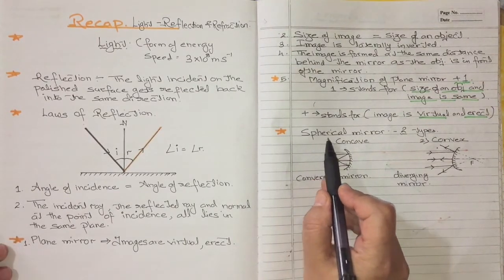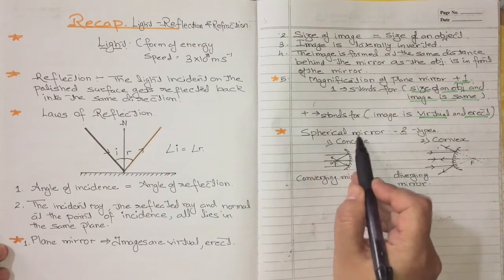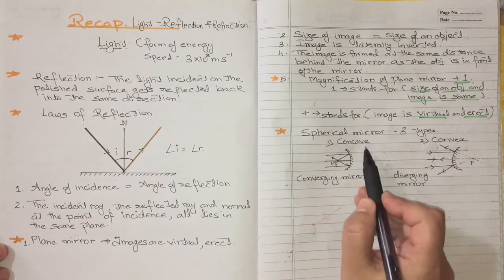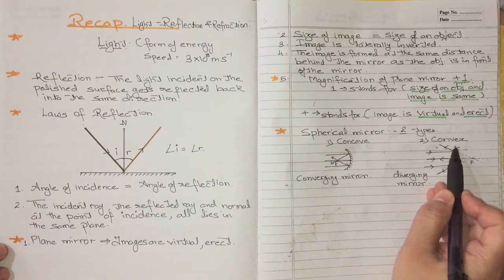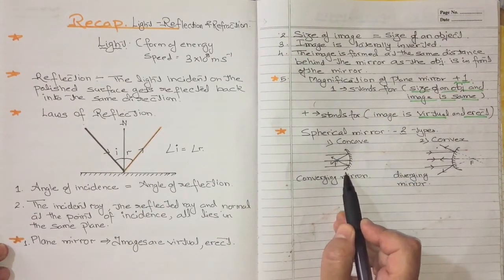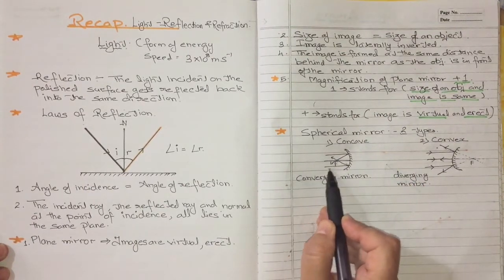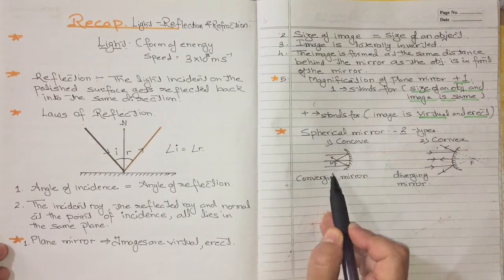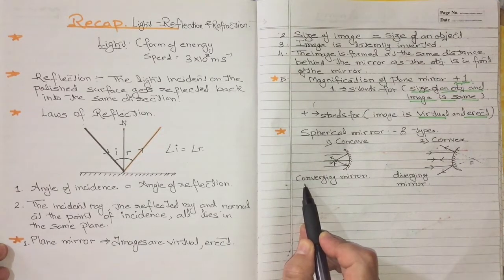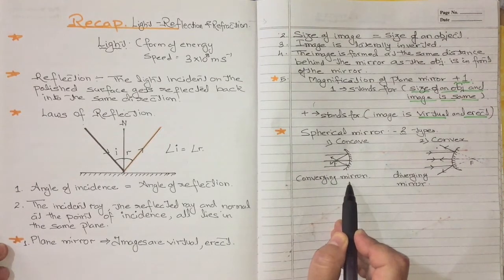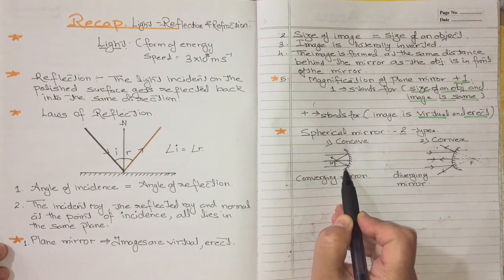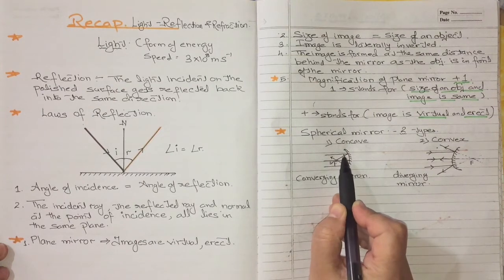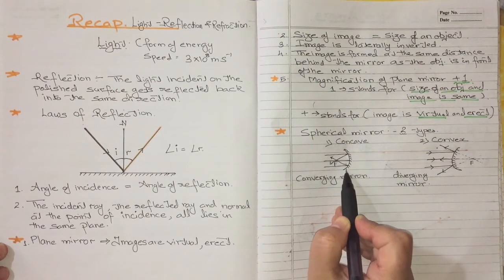Okay. Spherical mirrors are of two types, concave mirror and convex mirror. In case of a concave mirror, rays after reflection converge at a particular point. So we also call the concave mirror a converging mirror. The inner side of the mirror, that is the caved or curved side, is the reflecting surface, while the bulged part is the polished surface.